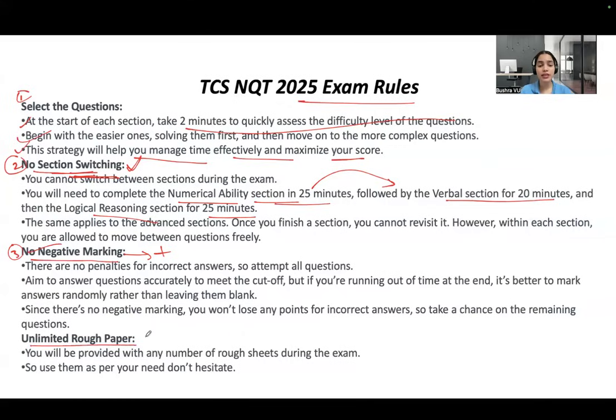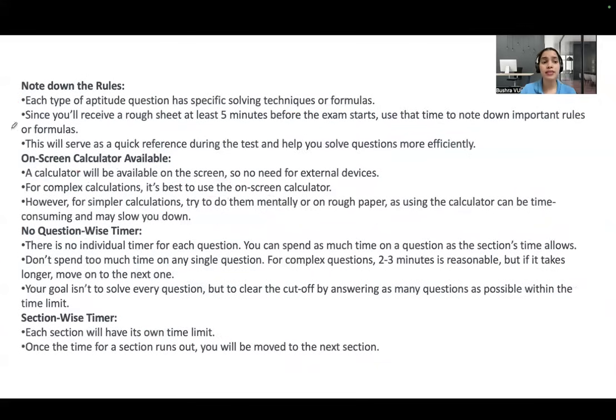Unlimited rough paper. This is again a plus point. You will be provided with any number of rough sheets. You don't have to worry about the rough sheets. You don't have to even hesitate asking for it. Don't feel reluctant. Please feel free to ask for however many rough papers you need. Okay, so next is